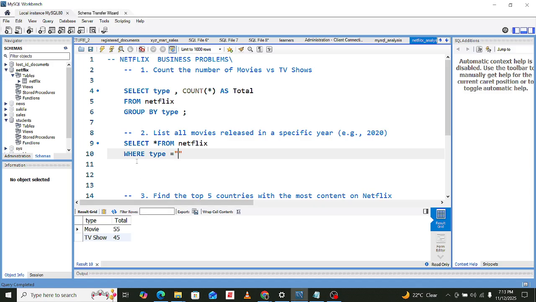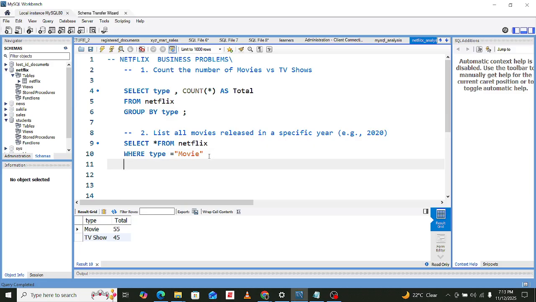So we must filter using the where clause, type equals movie. And we are told to list all the movies released in a specific year.